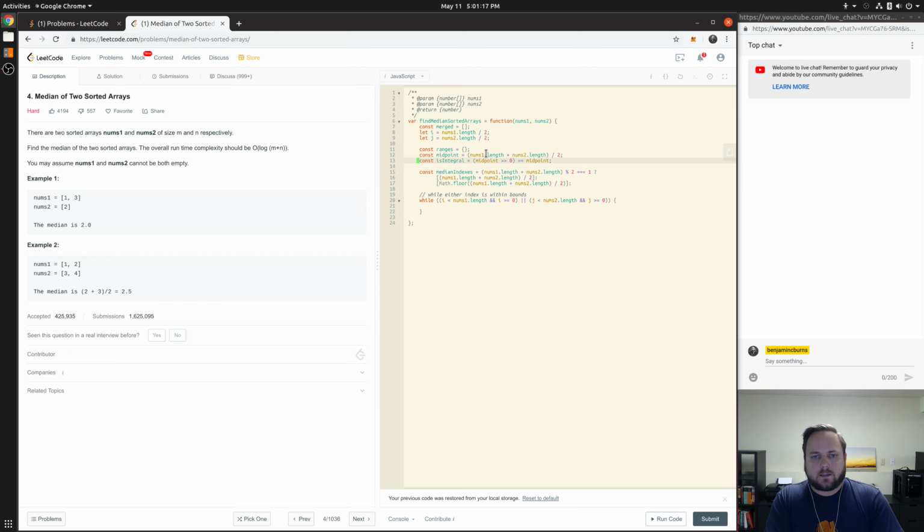So this says, are we an integer? So now I can do, is integral is the wrong thing. Oh yes. If it is an integral midpoint, then this is equal to midpoint. Otherwise, this is equal to